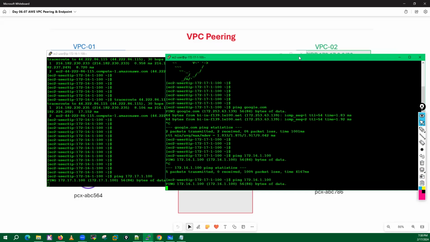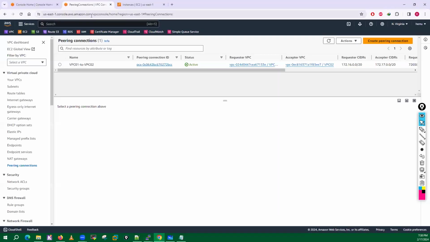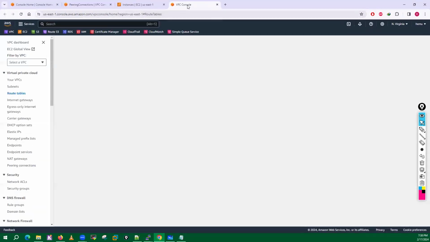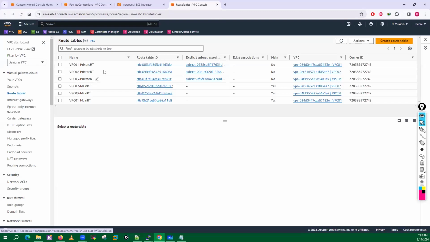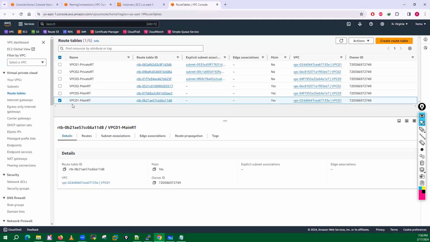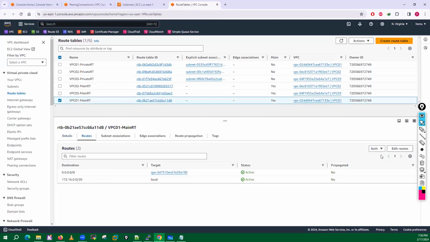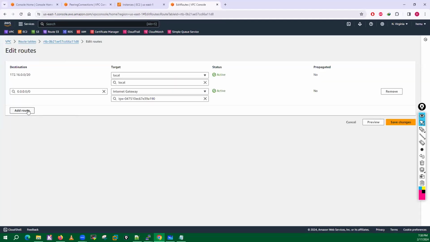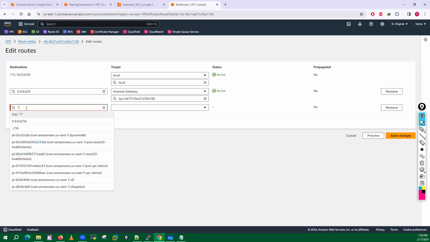Why is ping not working? Because we have to do the route table modification. Without the route table, this will not work. So what we have to do in the route table, you can go into your route table here. Let me just open this route table in a different tab here, guys. Go into route tables. Go into your VPC01 main route table. Go into the routes. Edit the routes, and you can go ahead and just put